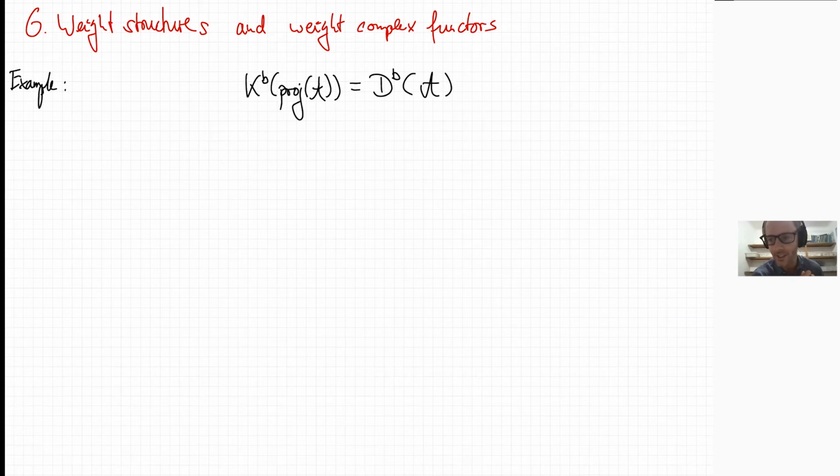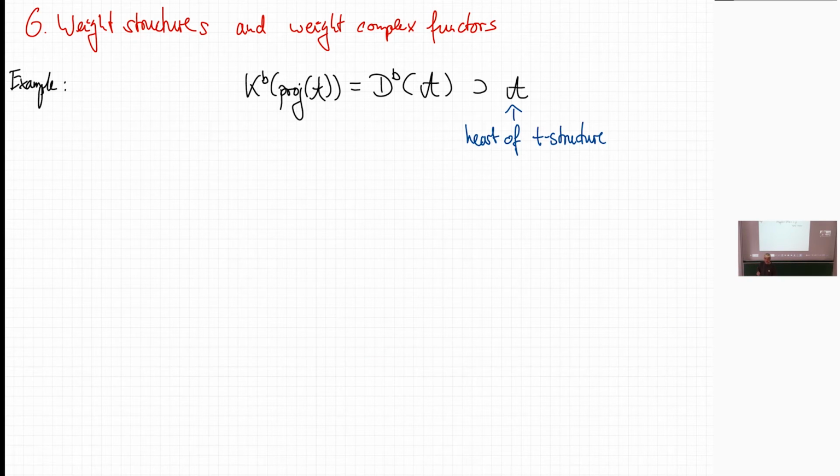For example, I have a nice abelian category A with enough projective objects. Then I can look at the derived category of A, the bounded derived category of A, let's say. This is the same as the bounded homotopy category of projectives. This way you can just build this category directly. Good. So now let's say I have this triangulated category and I want back A. Then I can look at the standard t-structure, and the heart of the standard t-structure is A